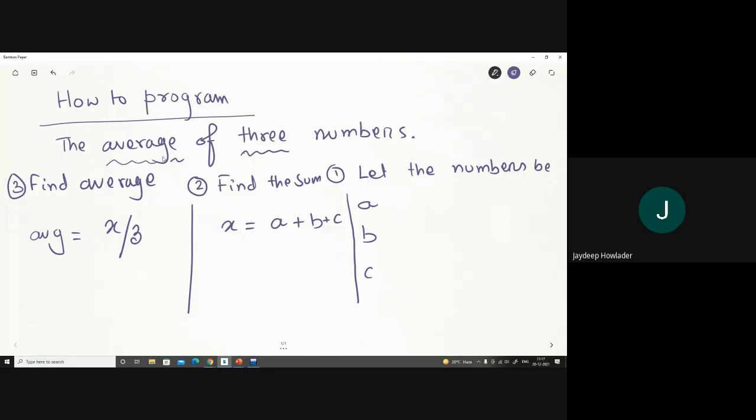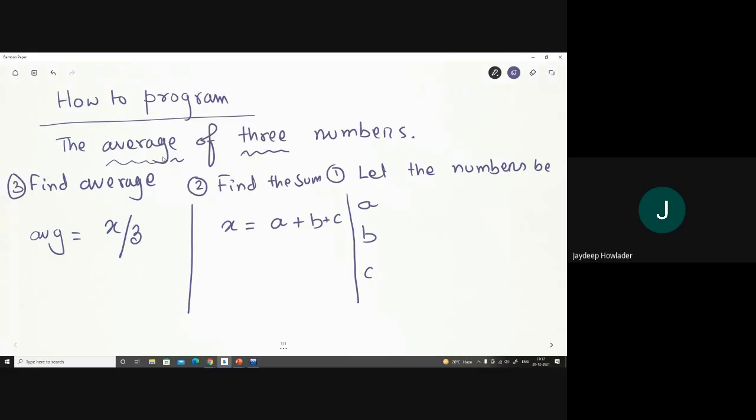So this example is not suitable, because I can do the average of three numbers in a second, but when the problem is huge, then I cannot perform it in a second. So we are using the computer. But the thing is that however I am thinking to get the solution, I have to instruct the computer in the same way, such that the computer, on behalf of me, will perform my task.